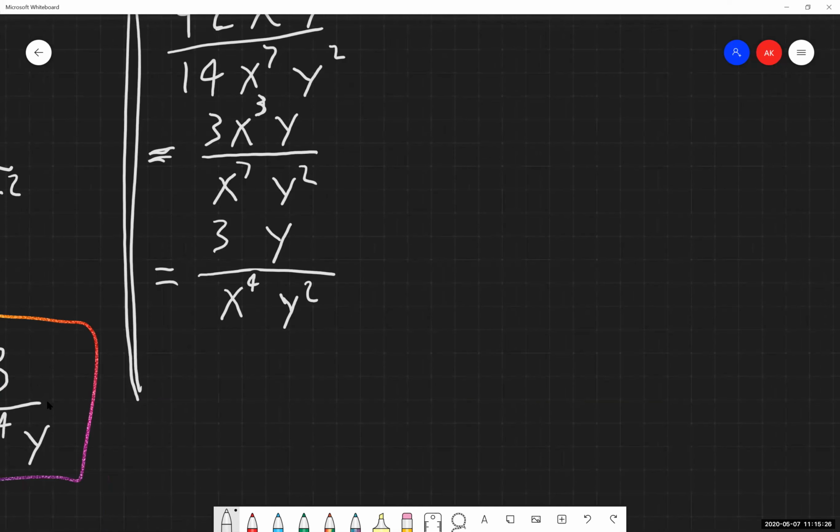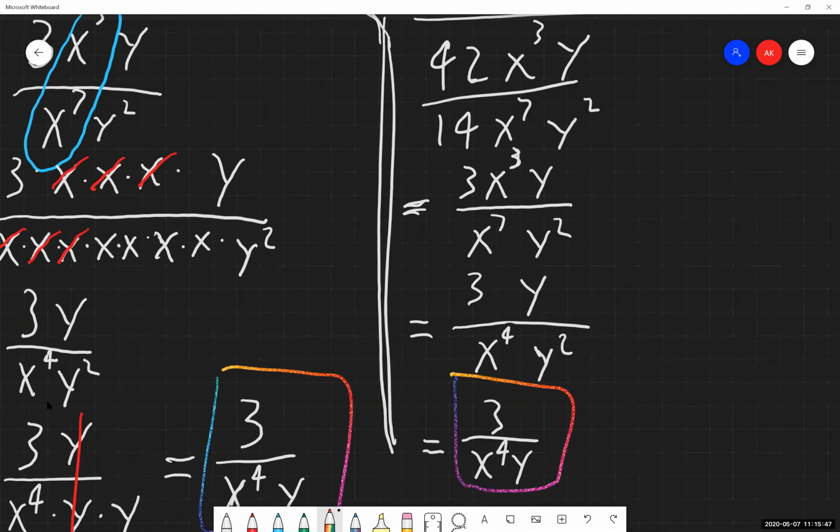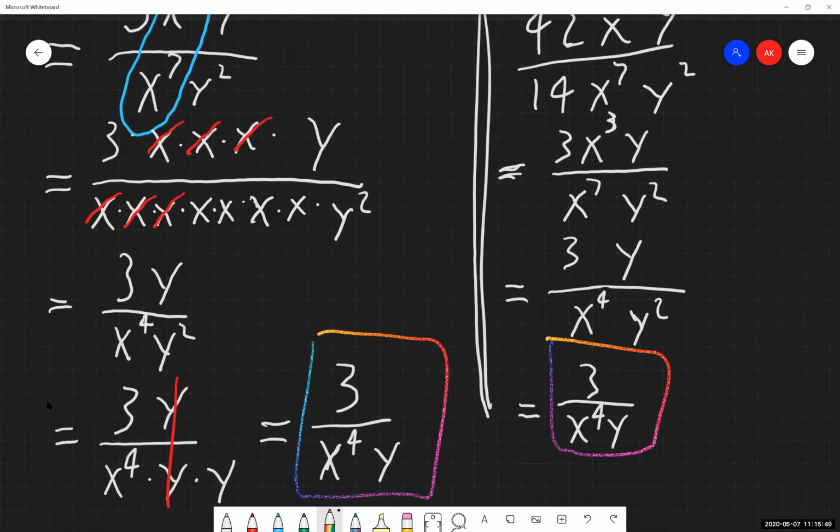Just say I'm just working with the numbers, like for x, cancel those out. I have a y on top, I have 2 y's down below, so 1 is going to cancel from each. We're getting y, and we get our final answer there as well. So if you're able to do a fair amount of that mental math that we did in our first example, then go for it. If that's going to save you time, I have no issue with that.